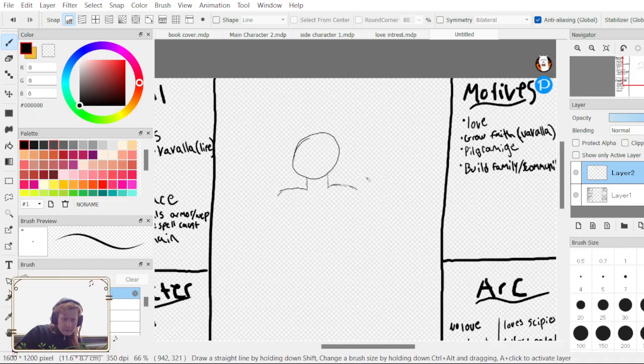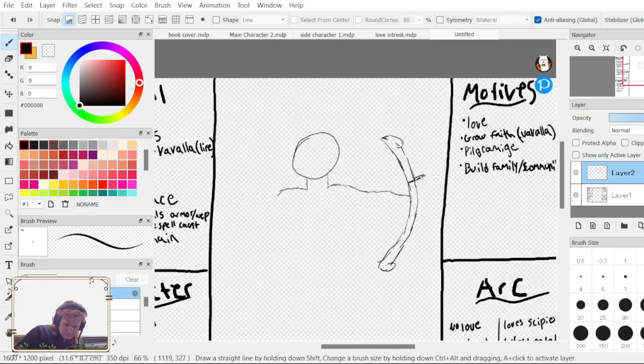Alright, how do you hold the bow? Kind of have the wraps of the bow handle there. I think her hand sits there.